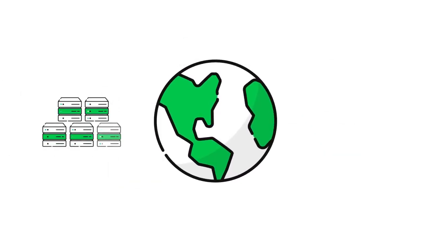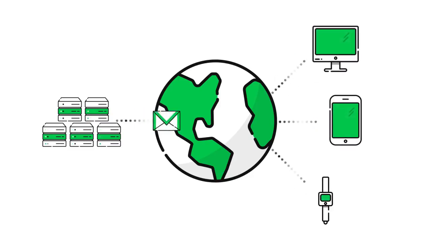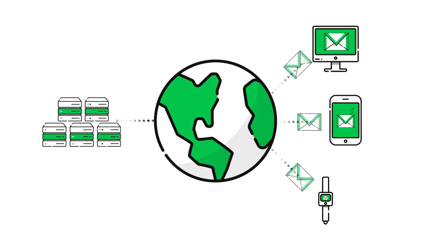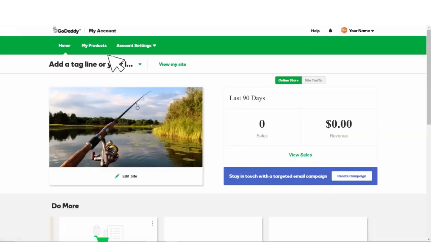Regardless of the package you choose, your new GoDaddy Office 365 email account is a web-based version of Microsoft Outlook. This means you can use it to view or send email from any device, as long as you're connected to the internet. To get started creating your own email account, log into your GoDaddy account and navigate to your My